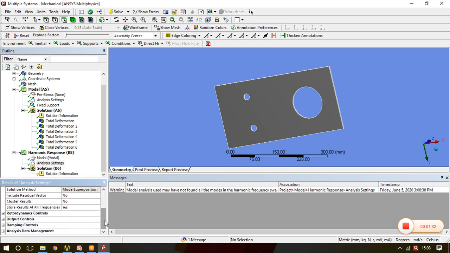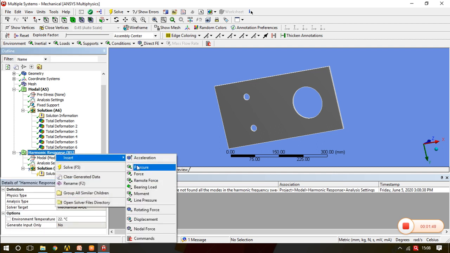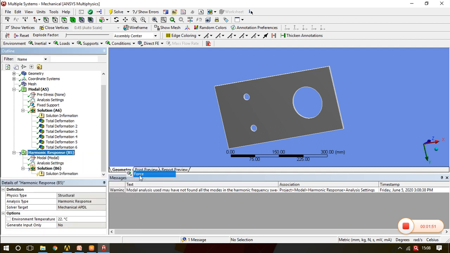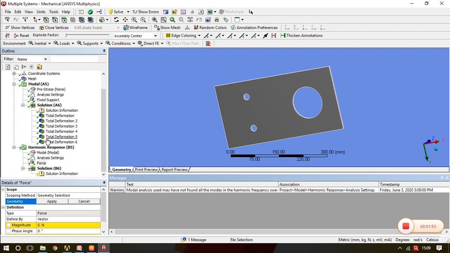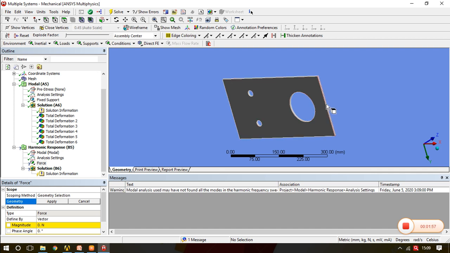And if we want to apply the damping control option, we can also apply it, meaning we can give the coefficient of damping, but we'll see in another example what the damping coefficient is and all these things. Now apply the forces. Insert a force. The fixed support is already taken from the modal analysis, so we need not apply the support again.